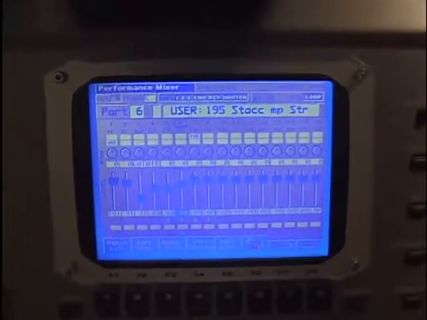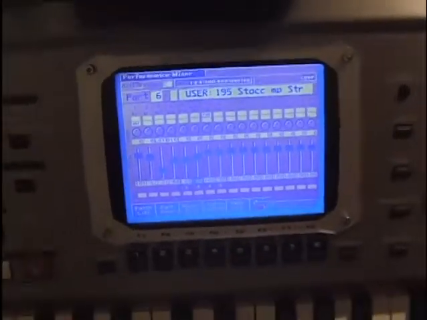Okay, this is kind of cool. Well, you know, that track sounds funky, but we don't want to lose this thing. Let's try to save